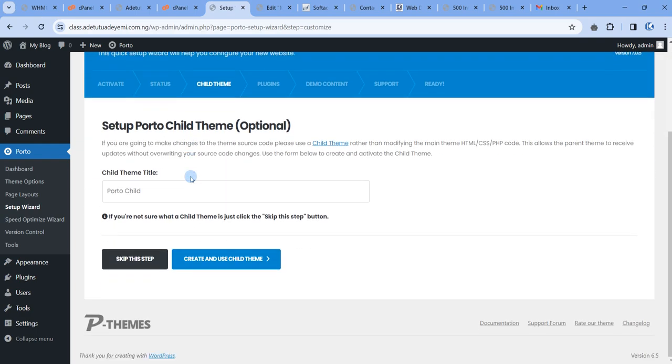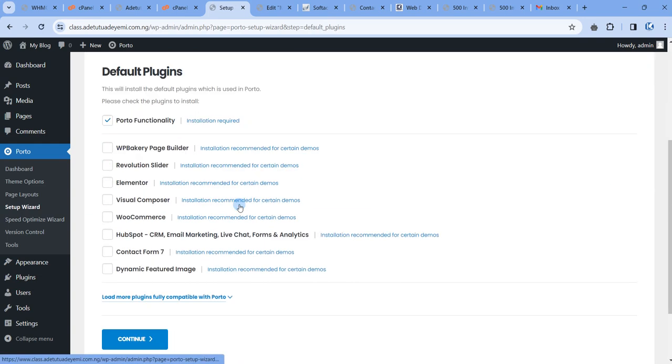This theme is a very easy theme. Child theme, you don't need a child theme. The child theme is for developers. There are some developers who want to do some things but don't want to affect the main theme. That's why they need a child theme. But as a designer, you don't really need a child theme, but you can add it if you want. I like to skip it. So now